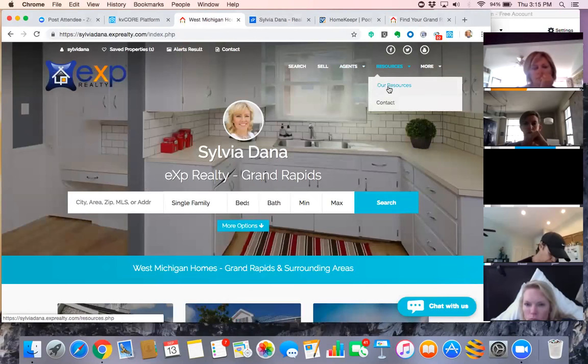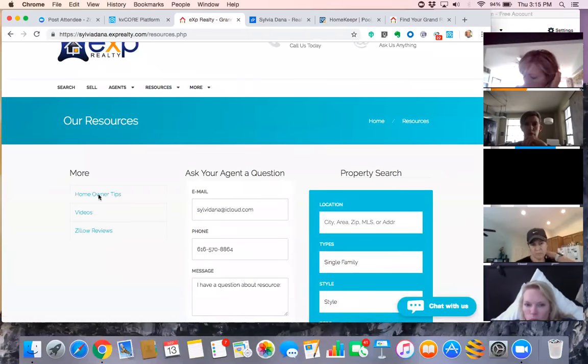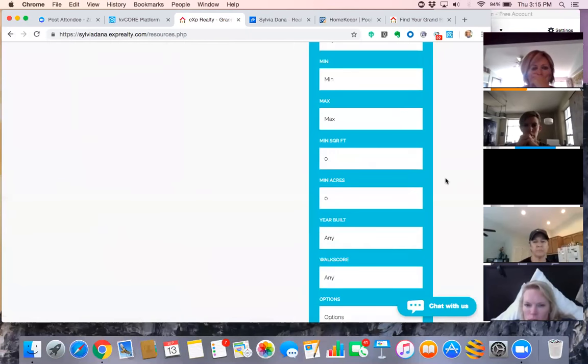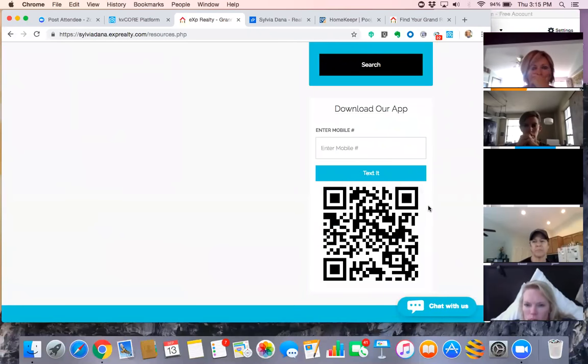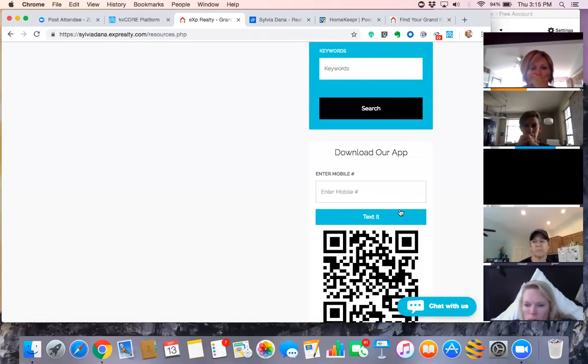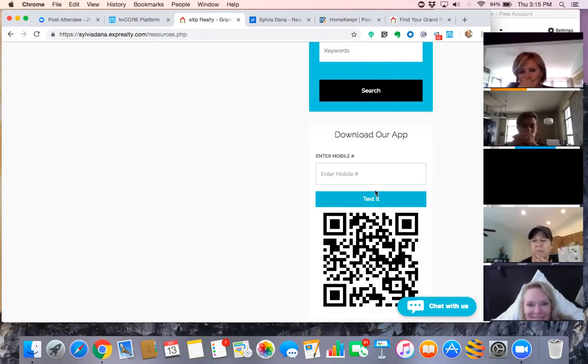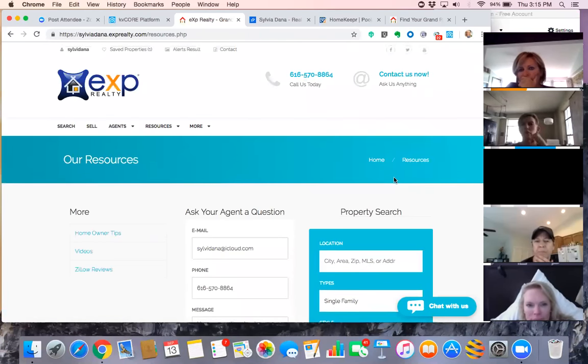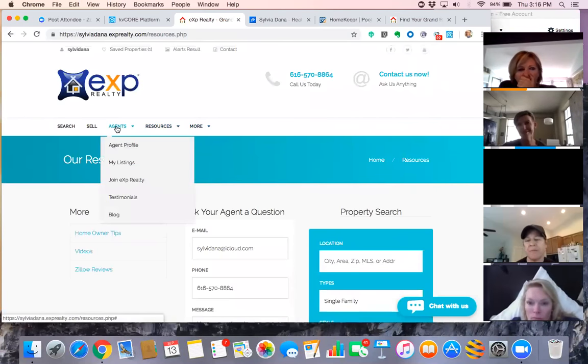And then what else did I do? Resources. If you go to our resources, which is automatically in your website, it's going to show you basically all your custom pages that you added. People are going to be able to contact you here, and they're going to be able to search. There's also this QR code to take people to the website. You can text. You download. This is the Millions Mapped app, which we can go over. I'm probably going to keep doing this because it's good for me, because the more I have to go over stuff, the more I force myself to learn things.